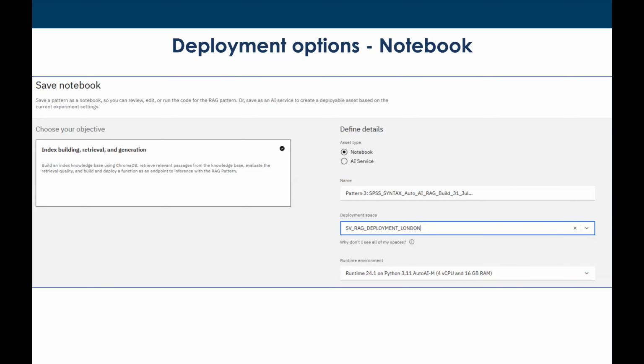So this is where we've just been through the process that Jarlath went through, where we decided after the auto AI, or perhaps we got to this point from building our own model from the ground up using Prompt Lab, where we have a model that we think is good and we want to share it out. We want other people to have access to it and to use it. So this is the Watson page that we come to make it available, to deploy it effectively. And what you can see on the right-hand side under Define Details is we have two choices. We can deploy as a notebook or as an AI service.